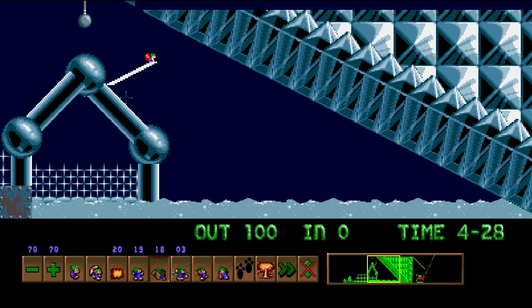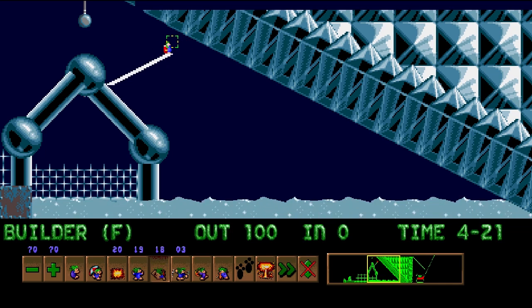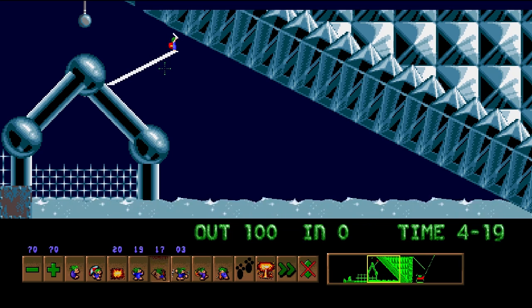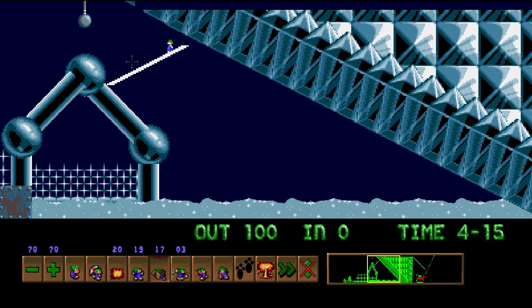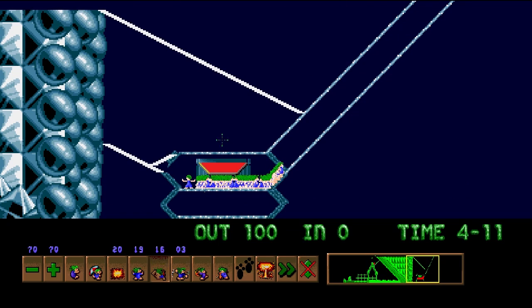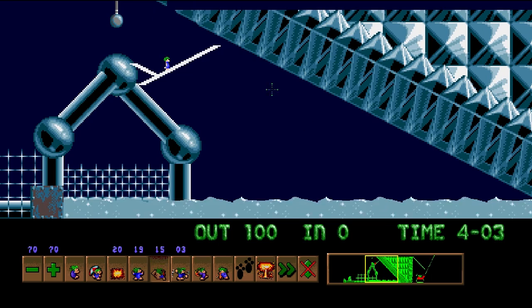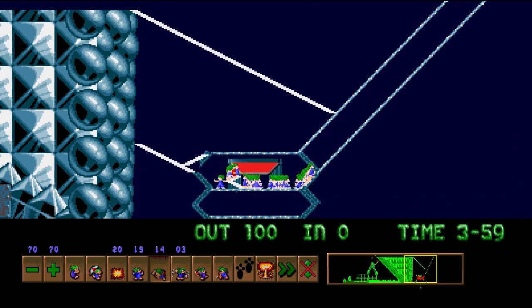Yeah, right now we're just building a ramp in order for people to not die, because this is way too much of an abrupt fall. And then we can either build up here, or we can bash. I guess I'm just gonna build because I'm too lazy to switch skills, so now it's time for the touchy part, but thankfully my blocker was placed in such a way that it's going to be easy to get my lemmings out of here successfully. With that said, turn around, Lemming, because you're clearly not going the right...